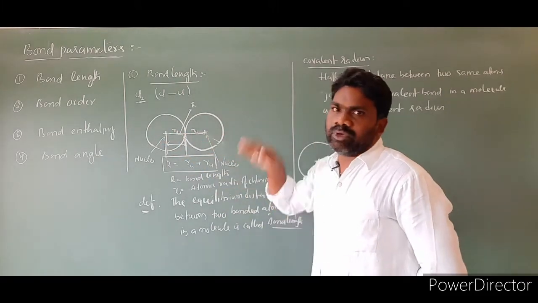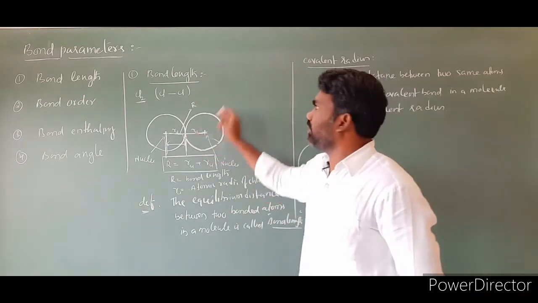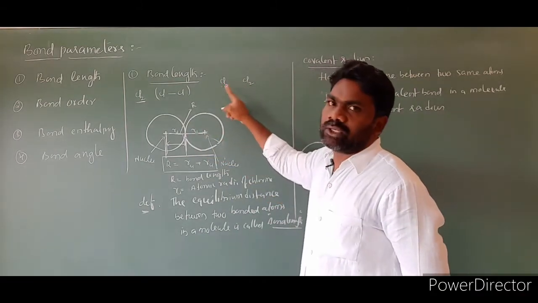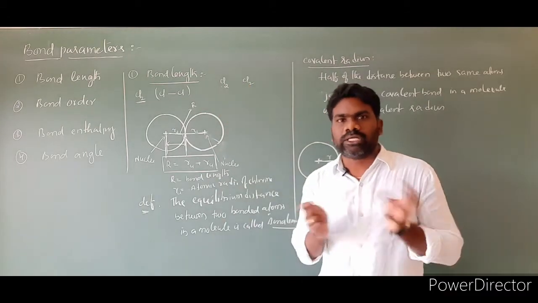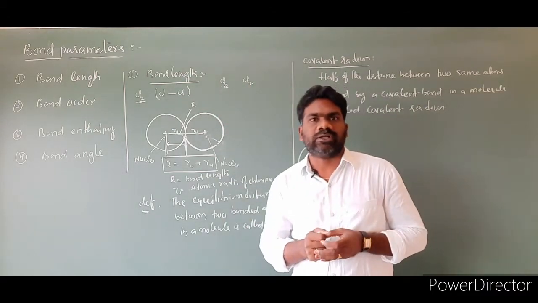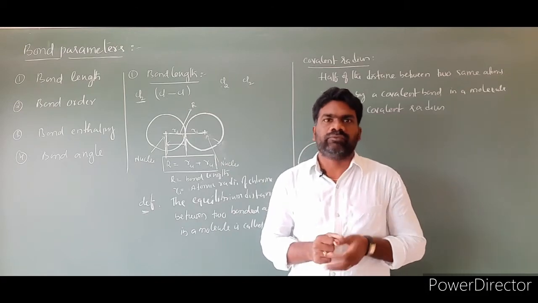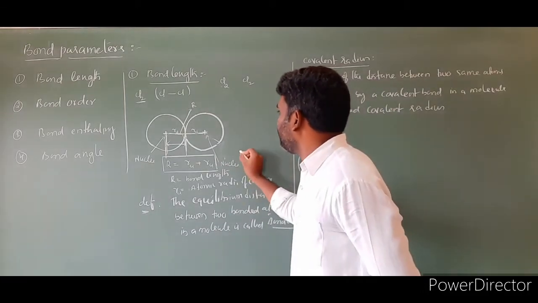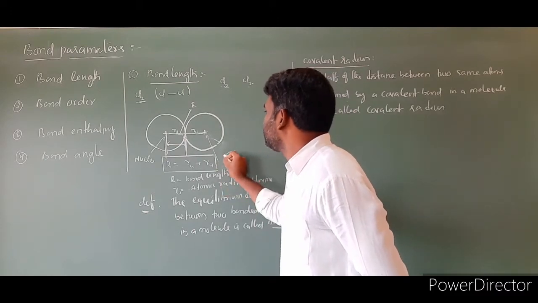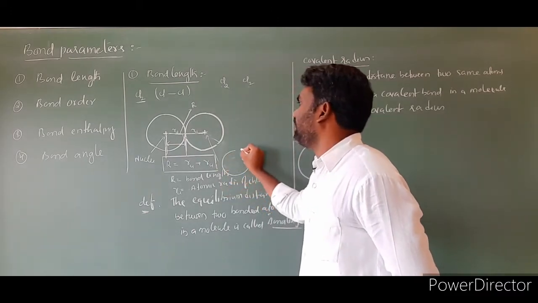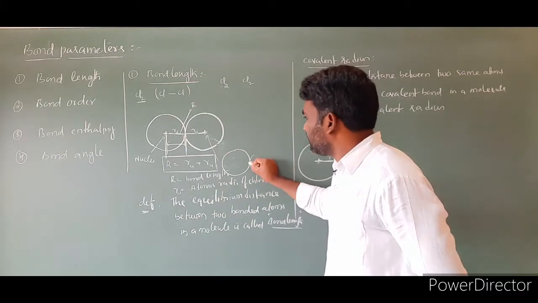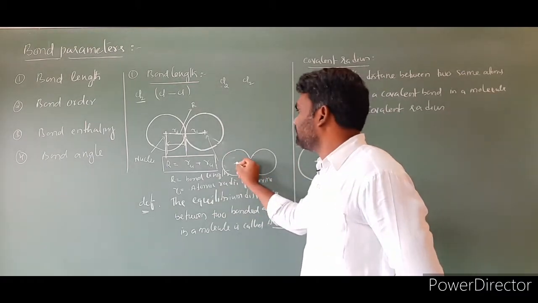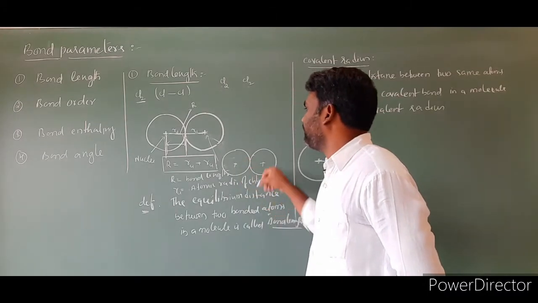So if you take two different molecules, this is one chlorine molecule and this is another chlorine molecule. If you take two chlorine atoms, in between the two molecules the force of attraction is nothing but van der Waals force of attraction. So we have to define a van der Waals radius. I am taking one more chlorine molecule. This is one chlorine atom and this is another chlorine atom. This is the nucleus of one chlorine, this is the nucleus of another chlorine.